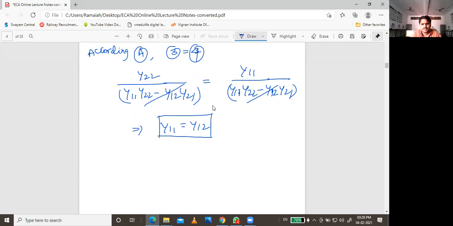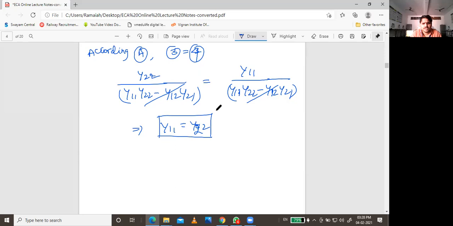So for Z parameters, Z11 is equal to Z22. Y parameters, Y11 is equal to Y22. Okay, Y22 is equal to Y11. So this is the condition for symmetry. That means if you find the Y11 value and Y22 value same, then the given network is symmetric.